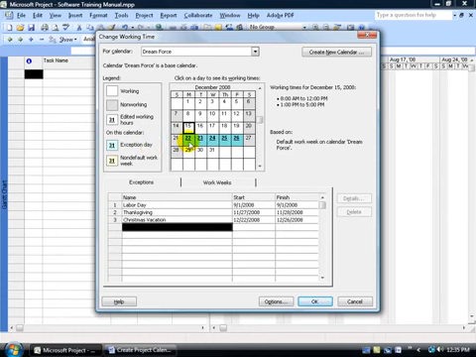For example, I've got my Christmas vacation here. Maybe I want everybody to come in from 8 to noon and then have the rest of the day off so they can start their weekend early and enjoy the rest of their Christmas break. So what I want to do is select the day that I want to change those hours by either starting them earlier, or in this case, just having them come in from 8 to noon,